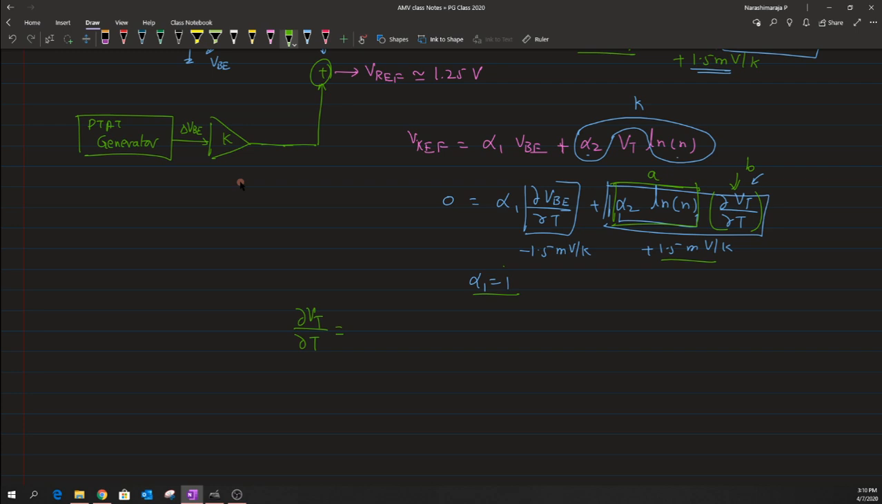Okay. Now we know that Vt is nothing but the thermal voltage, which is defined as kT by q. When we differentiate that, we end up having a result which is k by q, and the value of this result is approximately equal to a positive value of 0.087 millivolt per Kelvin. So you might think that this value is different from what we evaluated earlier, where we had a value which is,